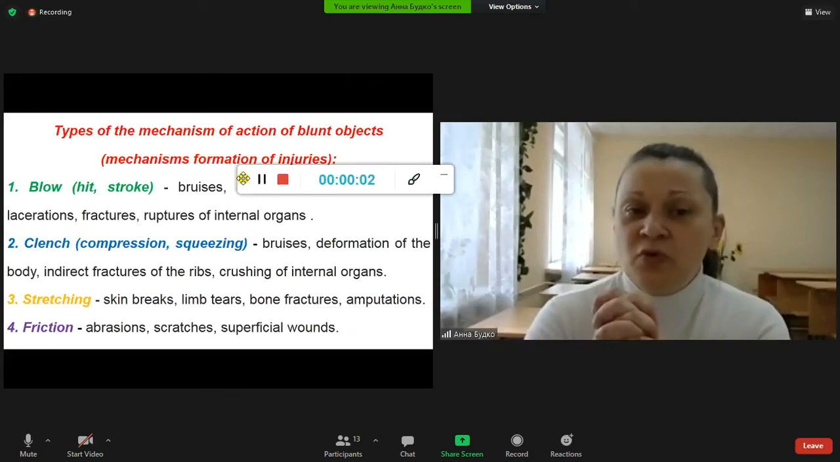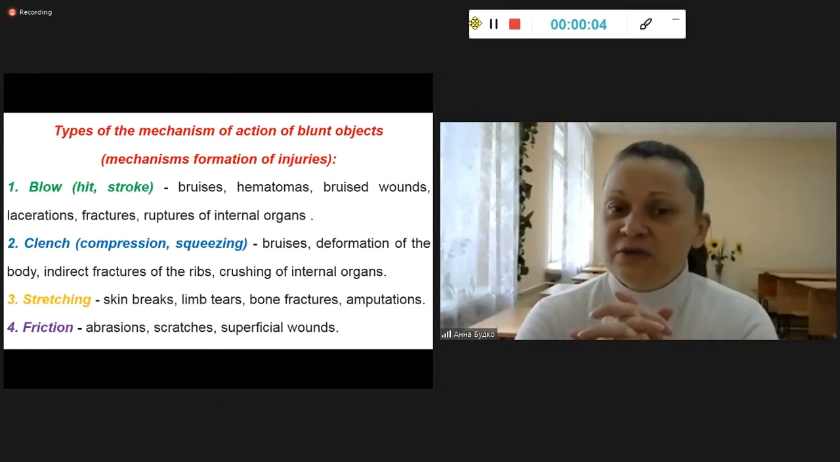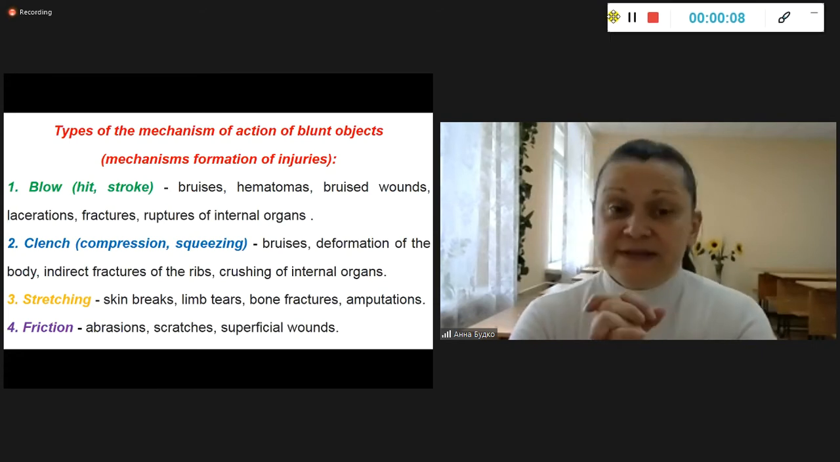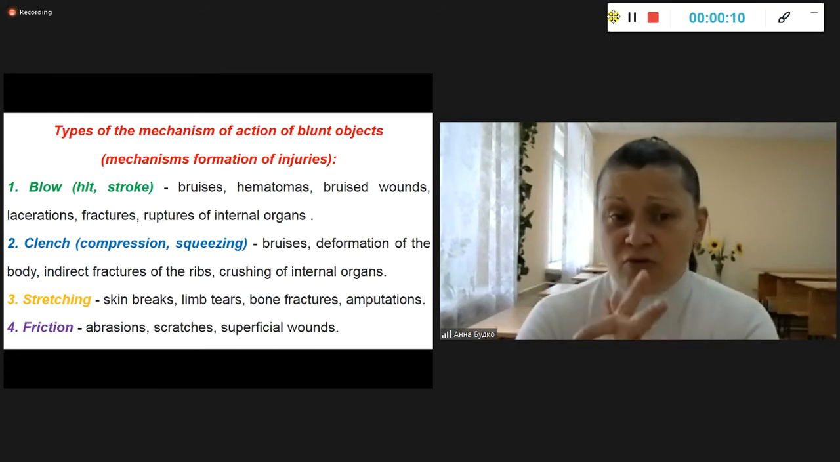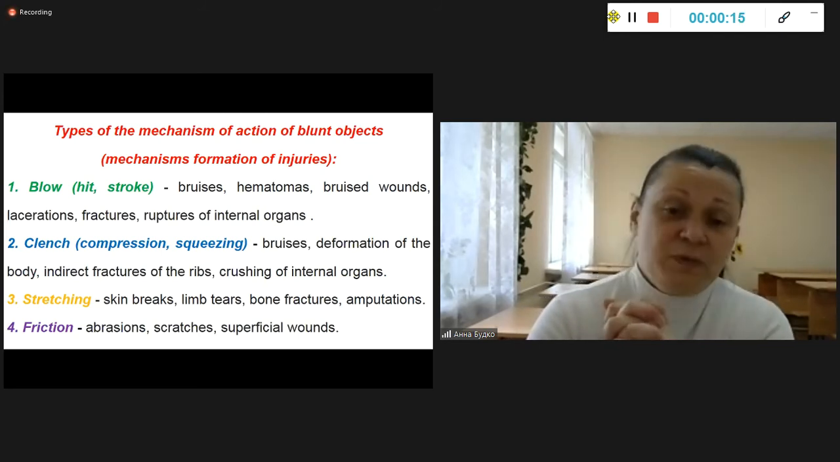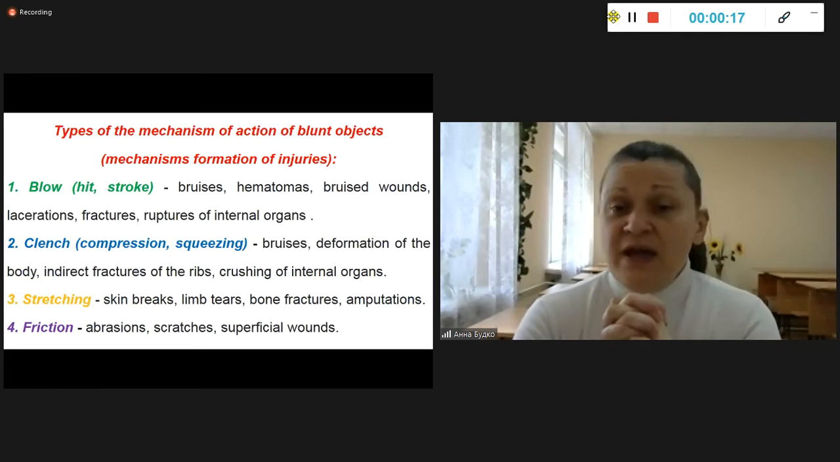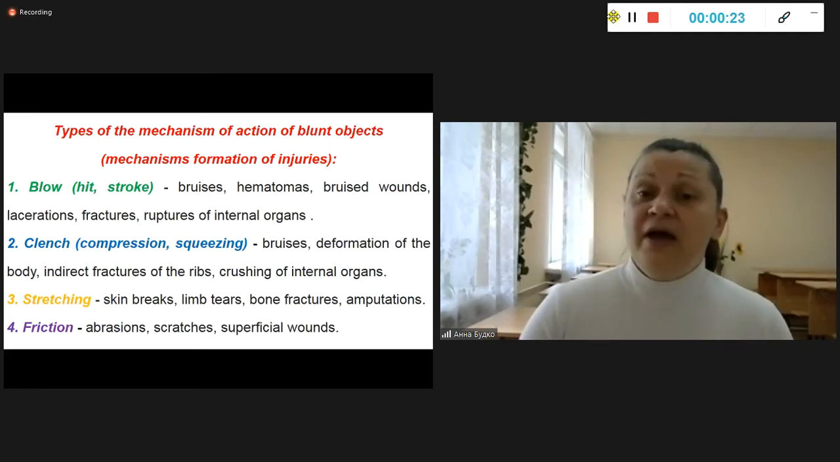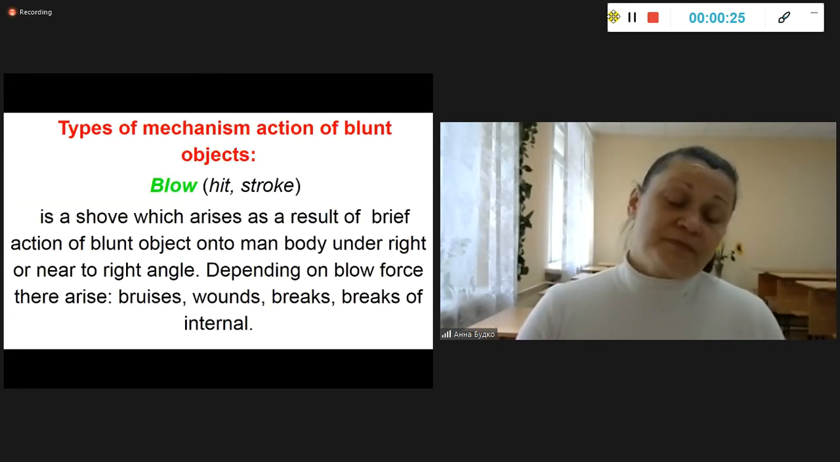Forensic traumatology distinguishes four types of mechanism of action of a blunt object: blow, in English also called hit or stroke; clench, also called compression or squeezing; stretching; and friction. If we take blow, my dear friends, remember, in the lecture in